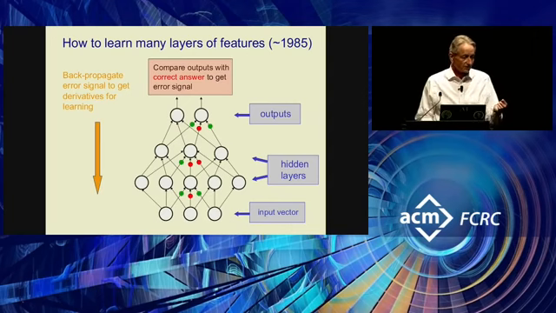So we get to backpropagation, where you do a forward pass through the net, you look to see what the outputs are, and then using the difference between what you got and what you wanted, you do a backwards pass, which has much the same flavor as the forward pass. It's just high school calculus, or maybe first university year calculus. And you can now compute in parallel which direction you should change each weight in.